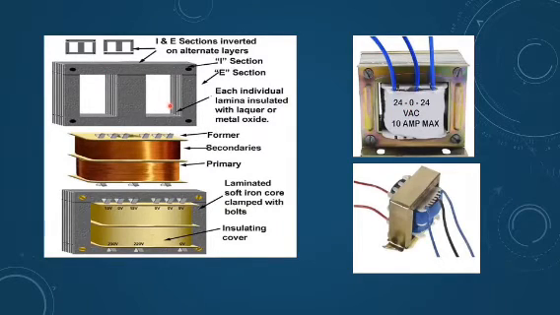This is just to show you that individual sheets, individual laminas are there, and they are insulated by proper lamination. This is simply to show you the primary and secondary coils, to show you that copper wire, laminated copper wire, looks like this. This is the inner view of this transformer. If you open up this whole thing, then you will be able to see things like this. Otherwise the soft iron core is there, but this soft iron core is divided into these sheets, that you should know, and they all are insulated.